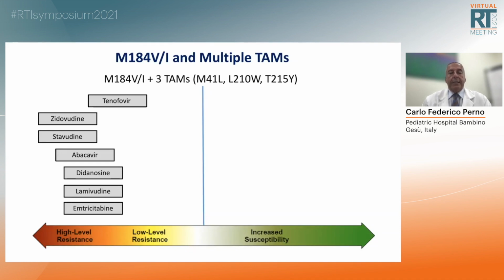This is a disaster. If you have, for example, the 184V plus three times the mutations for AZT, D4T, etc., pulled together, we see that unfortunately we can lose the entire class of drugs. That is the reason that we need to strongly avoid that these mutations appear. If these mutations appear, we need to use different drugs, because NRTI under these conditions do not work anymore. Let me go to